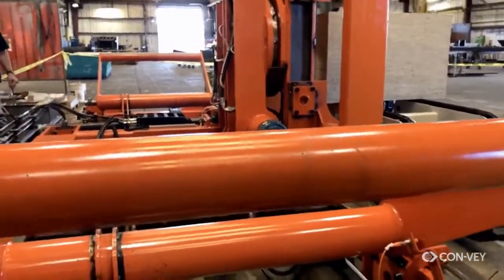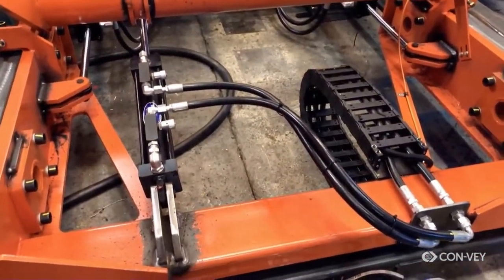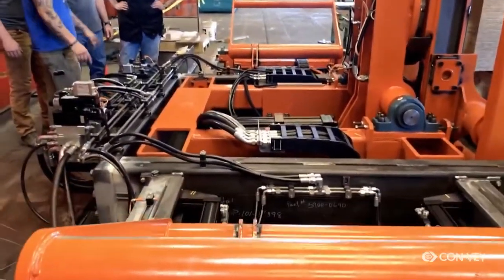And a lot of customers don't really like to use them if they can, but you get a lot of force out of a small package. Sometimes it's just the best thing for the job. And this happens to be one of those machines where that's